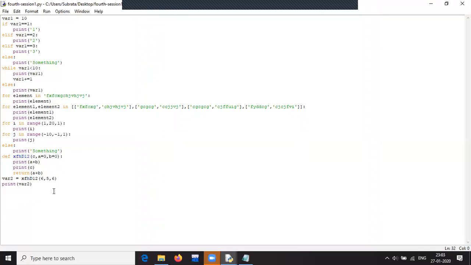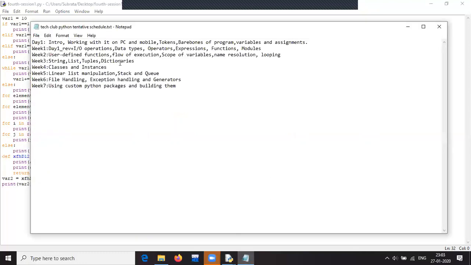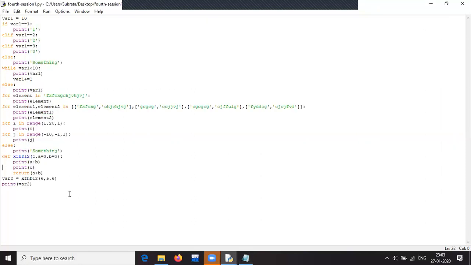And I guess all the parts we need to know for defining functions and using them have been mostly covered. So let us move on to the next topic, that is the scope of variables and name resolution. An important thing to watch out for is, as we can see in this for block and this function definition block, within these blocks we